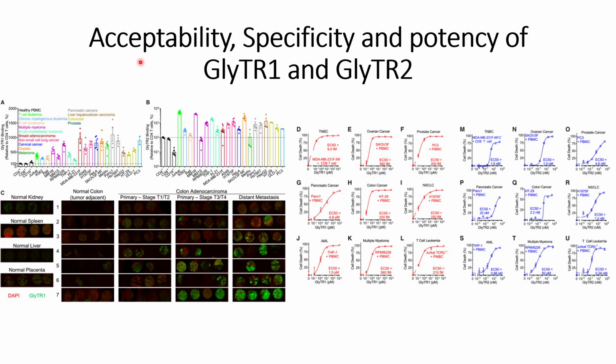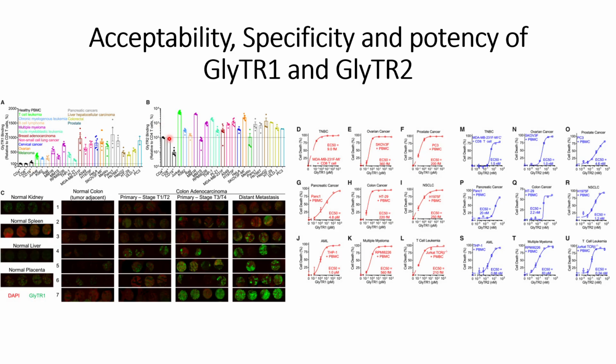In this video, we will discuss the acceptability, specificity, and potency of GlyTR1, as they have tested these BiTE design antibodies, GlyTR1 and GlyTR2, on different lymphocytes and cancer cell lines. Panel A is about the GlyTR1 binding towards these lymphocytes and the cancer cell lines,